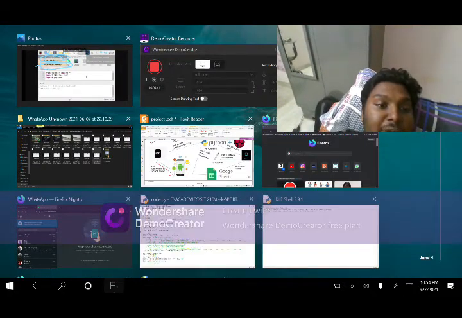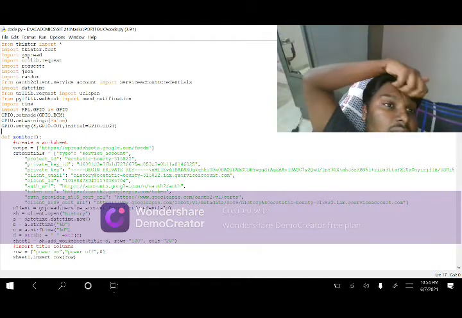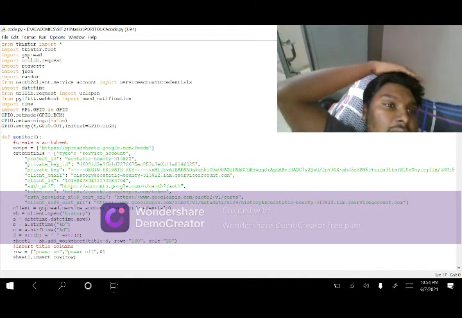before that I'll explain all the Python libraries I have used. I used tkinter, which is used to create the GUI of my application. I used gspread and oauth2client service account. These two are utilized for Google Sheets.